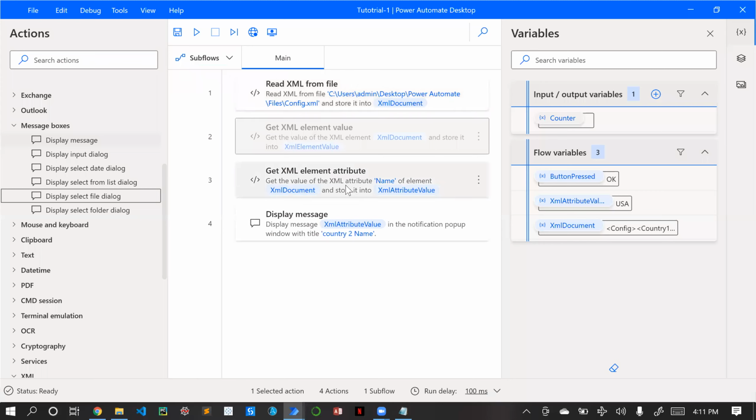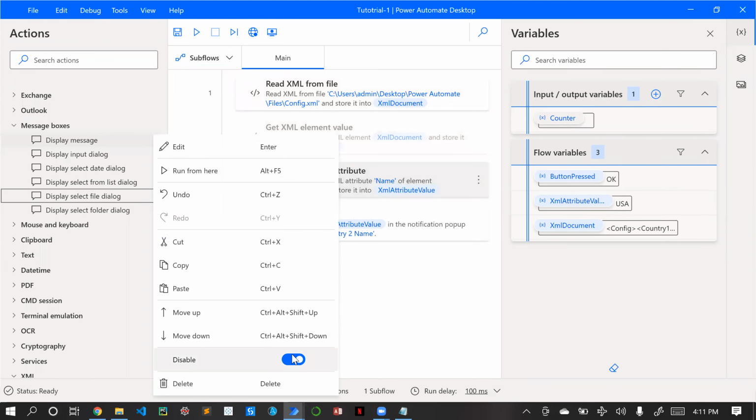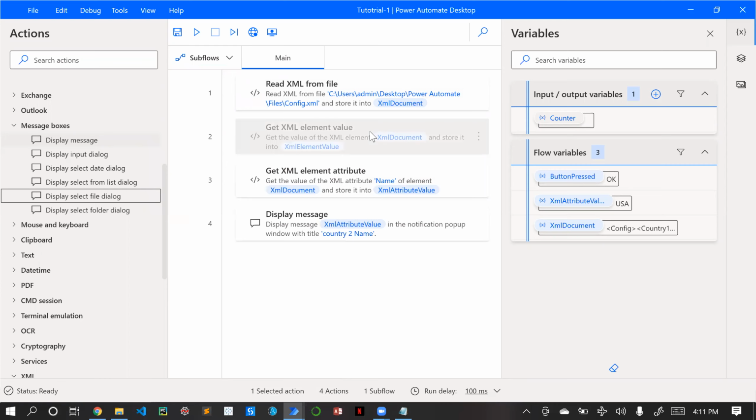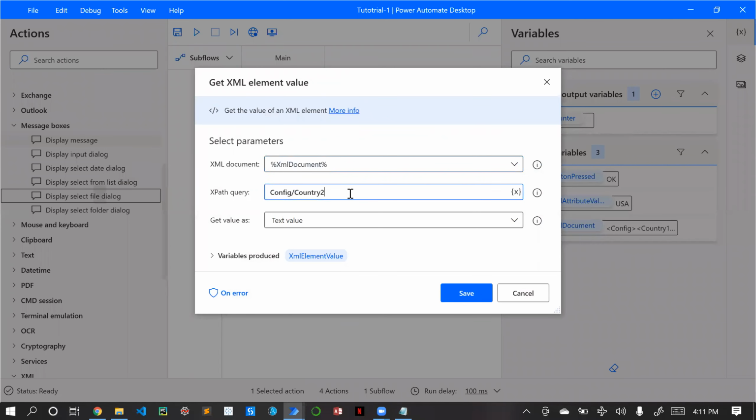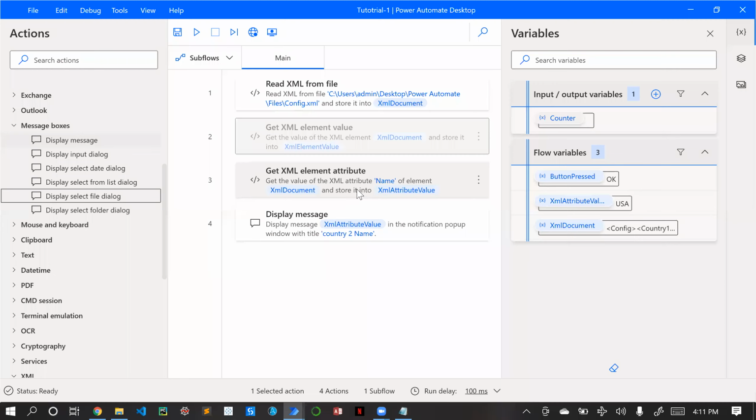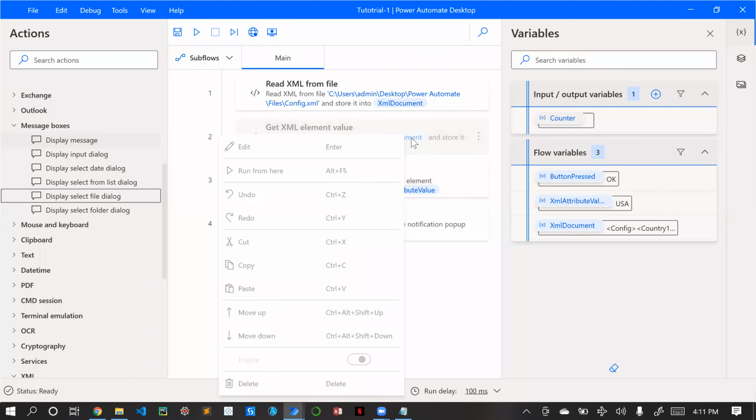For retrieving that element value, let me open this. Now the path is config country2 and one more tag we have. It will go in this hierarchy: config, country2 and zip code. The only thing we need to do is put one more node over here, which is zip code. That's it. Let me enable this now.